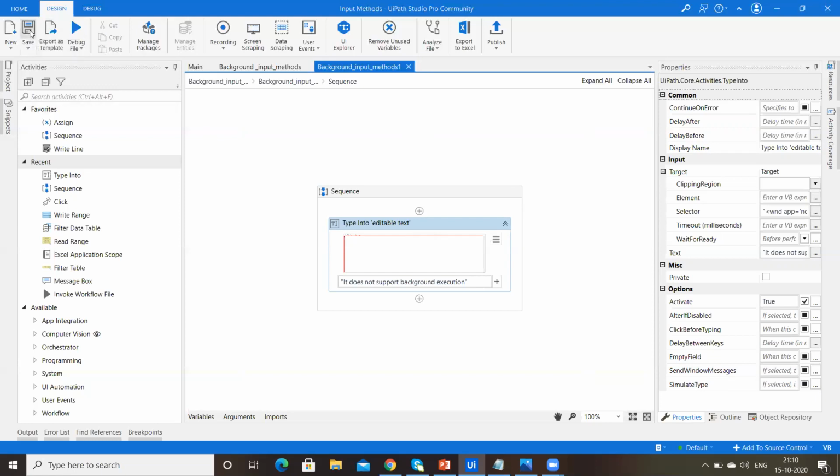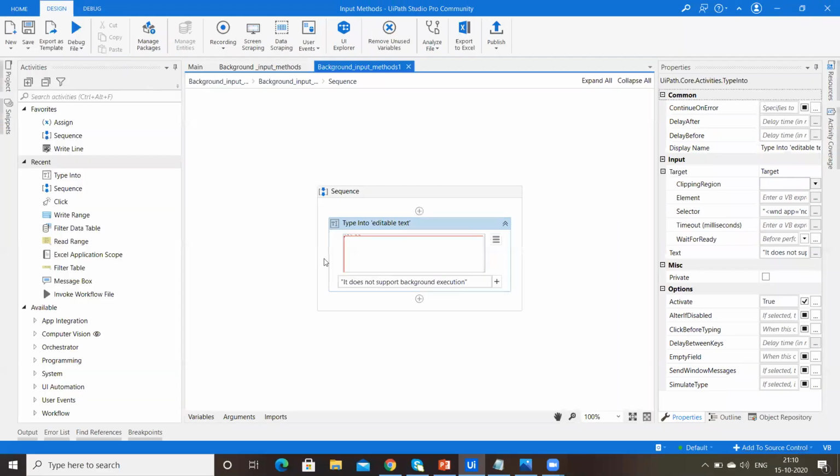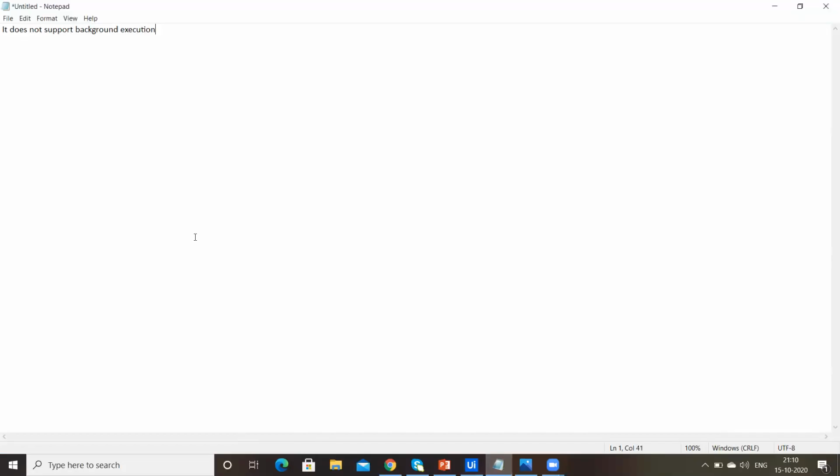Save this and let's run. We'll check whether it is working fine or not. Yes, it is working. The text is present here.